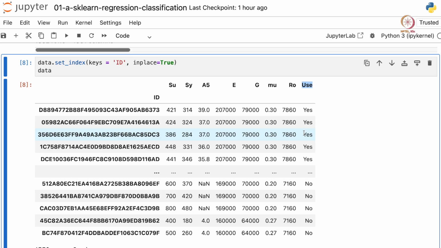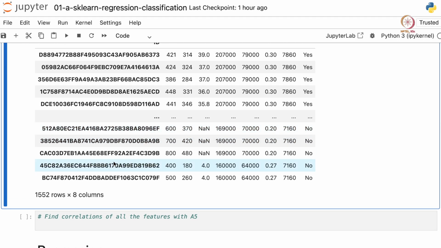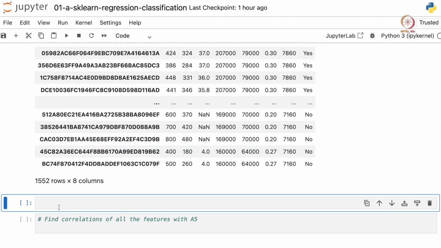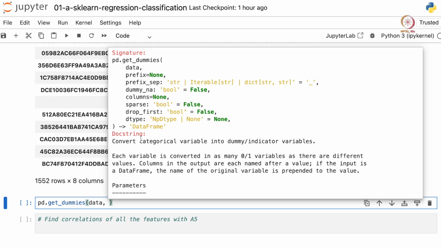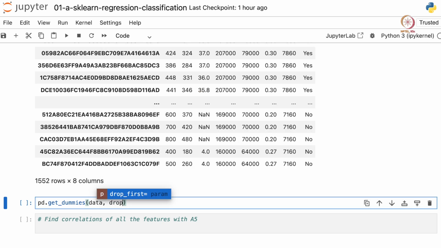and the next step is to convert this use column into one-hot encoded vectors. So to do that, let's use pd.get_dummies, and let's pass data here, and let's mark another argument which is drop_first. So if we mark drop_first as true, one of the columns of use yes or use no will be removed.